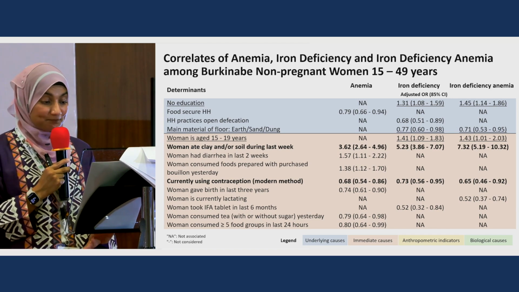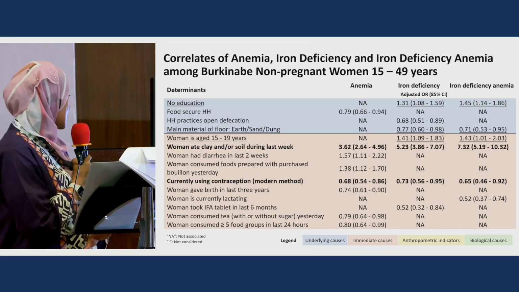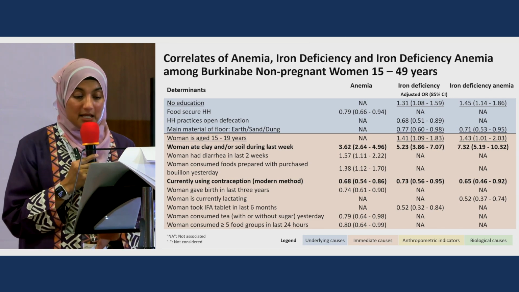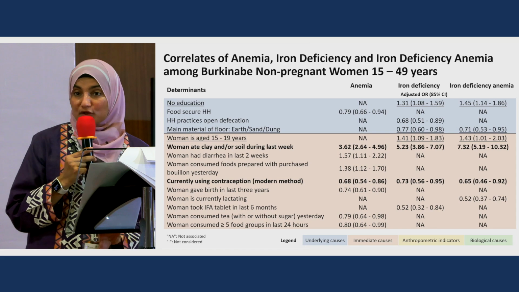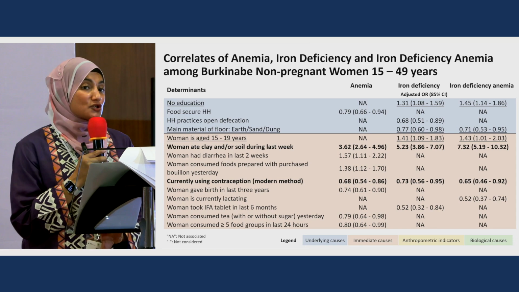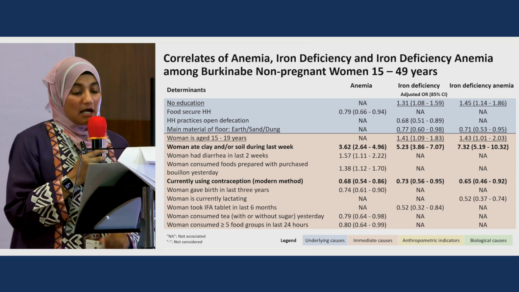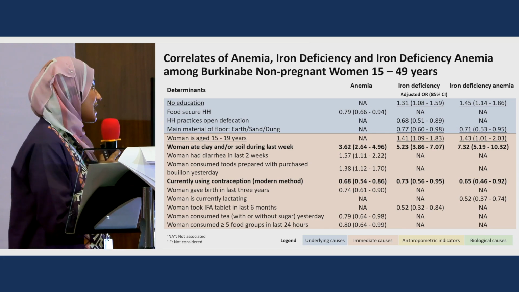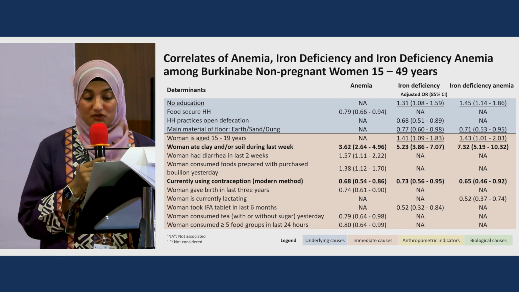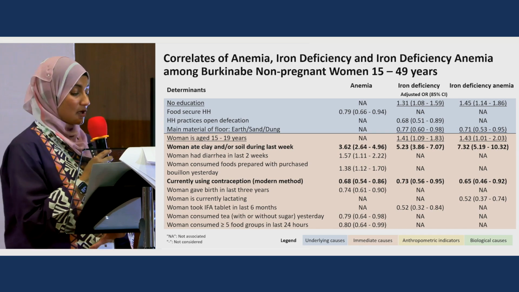at least two. Among women, we see that similar to children, pica practices were associated with higher odds of all three outcomes. While current use of modern contraception was actually protective against not only anemia, but also iron deficiency, as well as iron deficiency anemia. Among the underlying causes, not having attended school was associated with iron deficiency, as well as iron deficiency anemia among women, while the main construction material of the dwelling